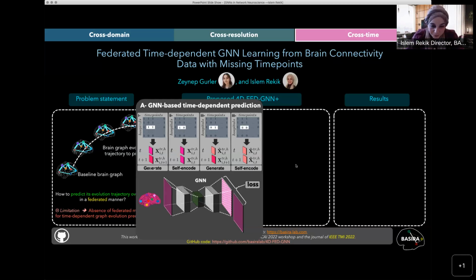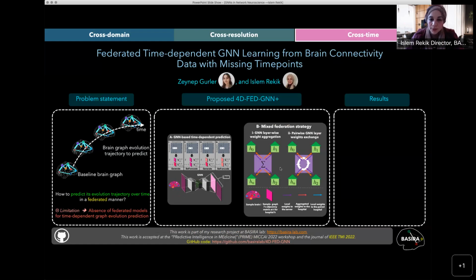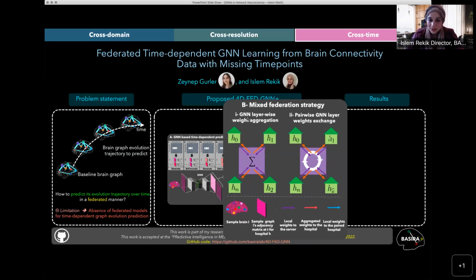So these are the 4 different cases, and here we proposed a mixed federation strategy. The first one is simple. These are in the state of the art. This wasn't the biggest innovation in the work, but one of the components that we proposed. First, you have a GNN and wise weight aggregation, which is simply averaging. This is Fed average that was first introduced, I guess, back in 2014.